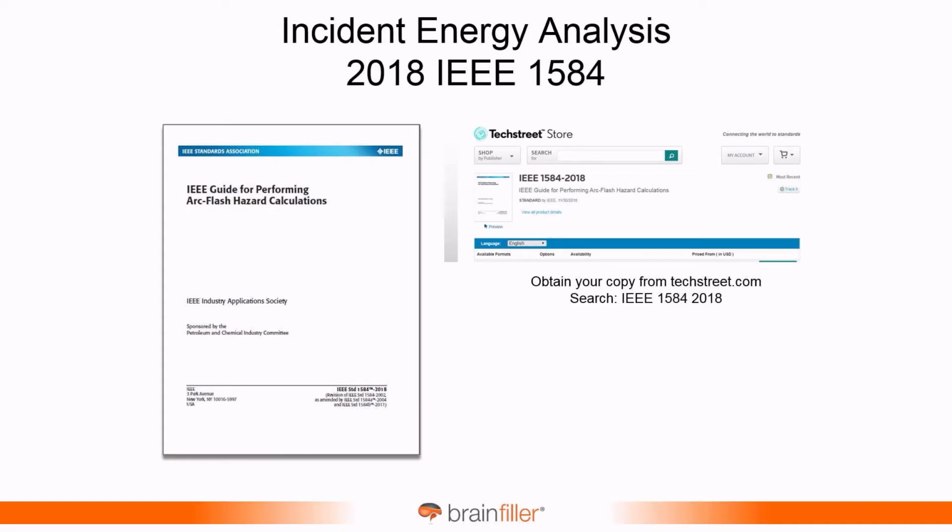I wouldn't want to be standing in front of that, but that's really what the incident energy analysis is all about. It's actually predicting the severity of an arc flash for a given set of variables, and then selecting protective equipment, protective clothing, arc-rated equipment that can protect you from the incident energy from the arc flash. Now, why am I talking about this? Because there were some changes along the way.